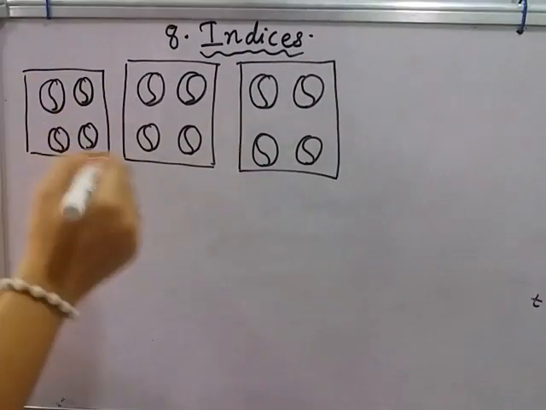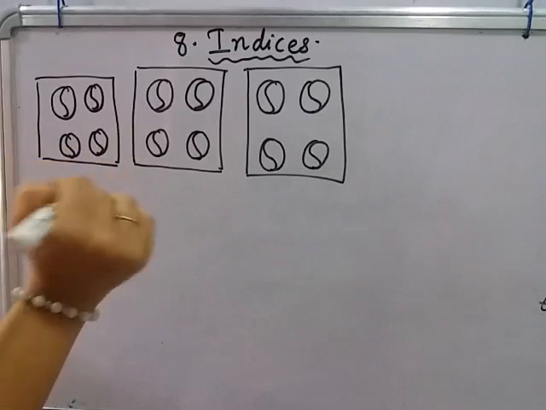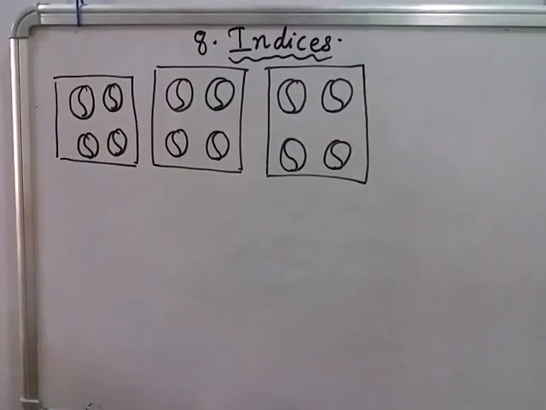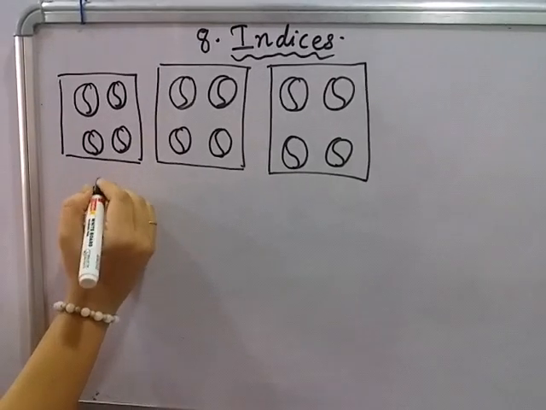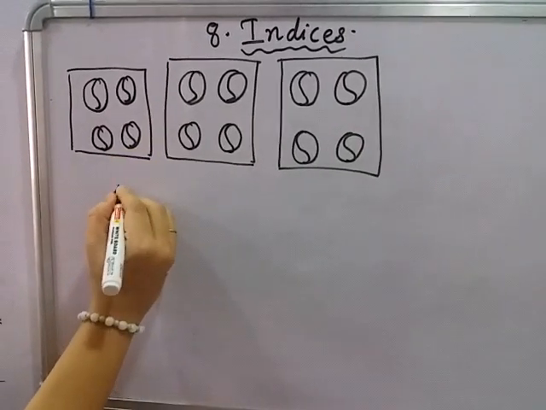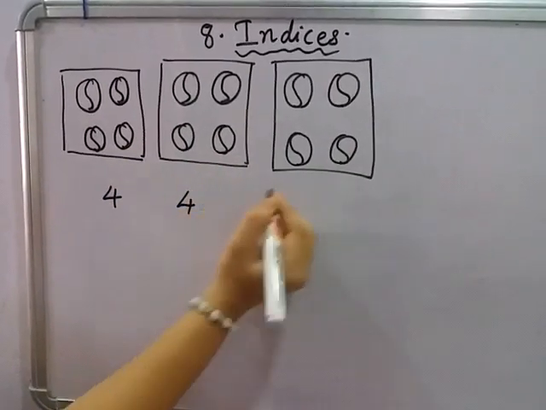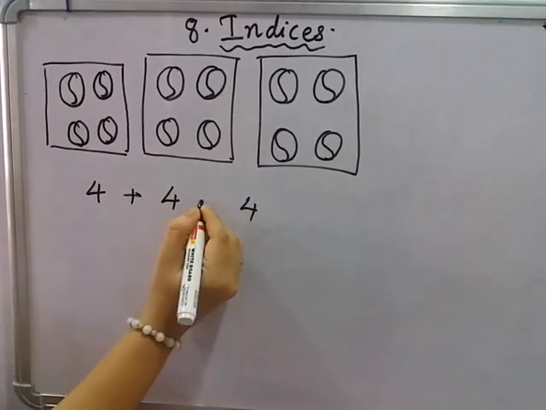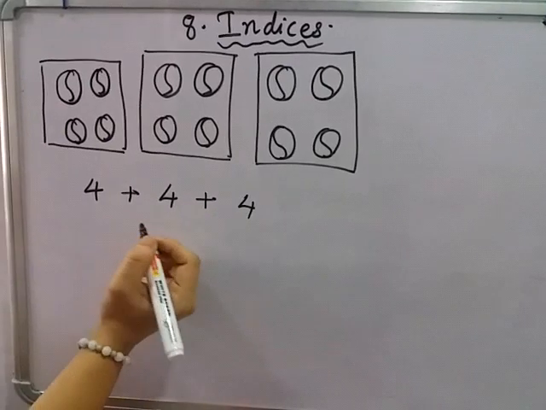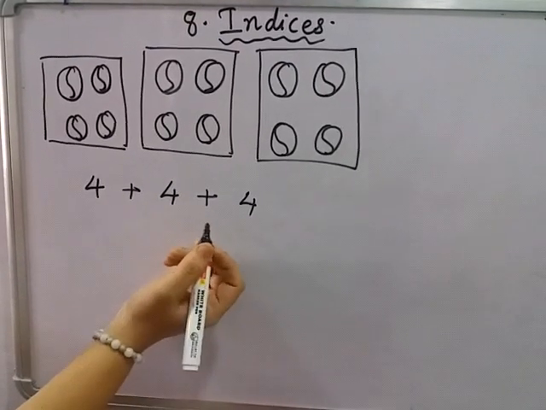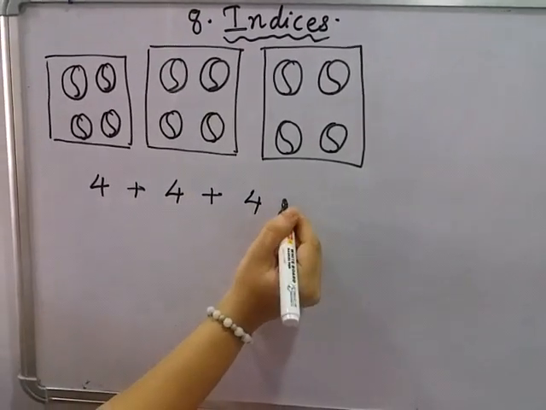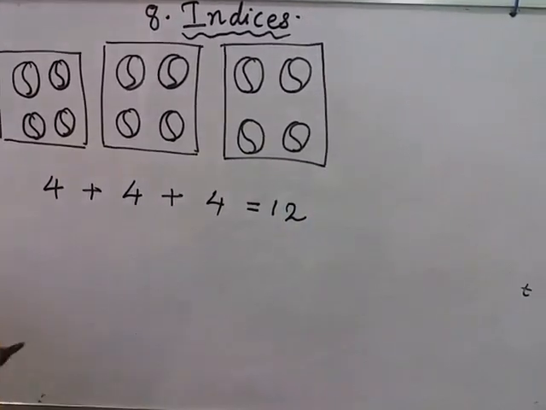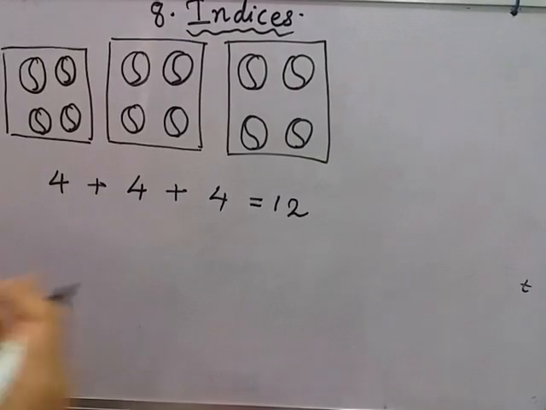Okay, so students, you will see here in the pictures, a few balls are there. So I am giving these balls to 3 children. One child will get 4 balls. Another child will get 4 and the third one will get 4 balls. So total how many balls? In order to find out the total number of balls, we will add them. So what is the answer I will get? Yes, it is 12. But in order to get the answer 12, there is one more method.